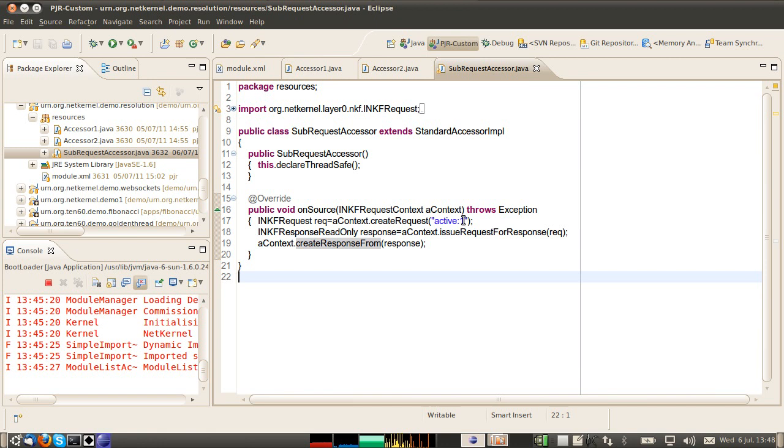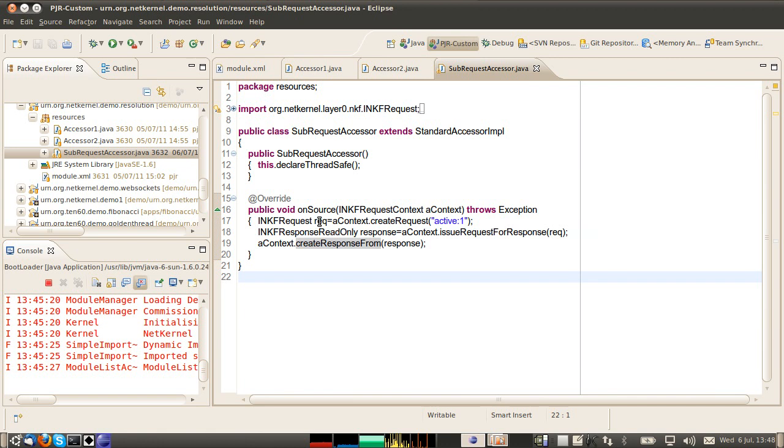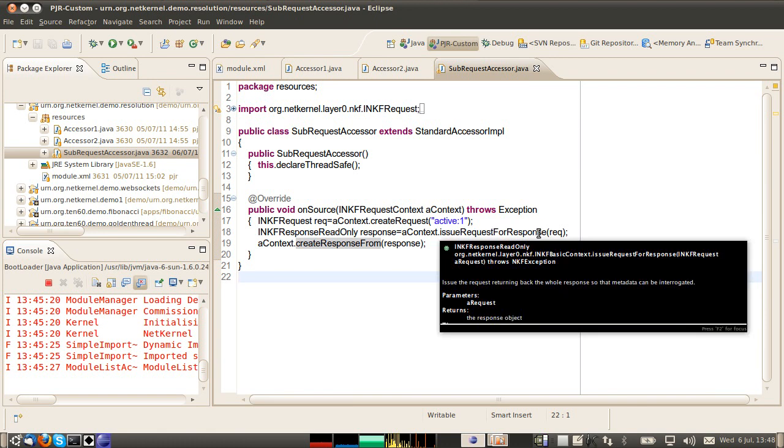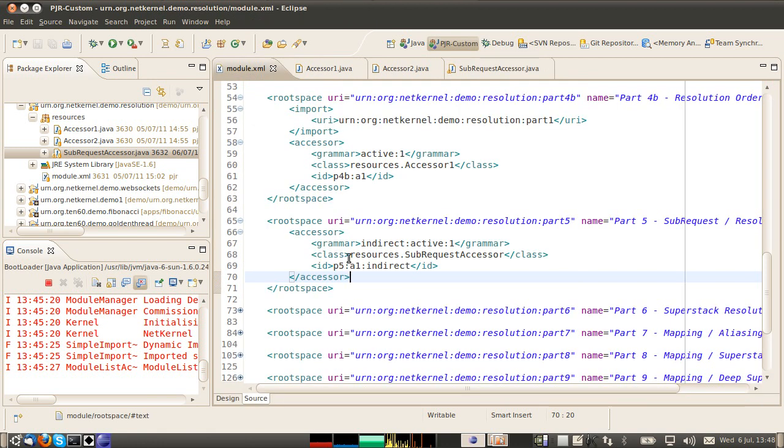So it's going to be able to issue a request from this point into its address space and then resolve active 1 from that point onwards. So here we issue the request response, which causes it to be resolved and executed, and we return the response as the response of this endpoint. So we're basically, as the name said in the grammar, we're indirectly calling active 1 through an indirect request,